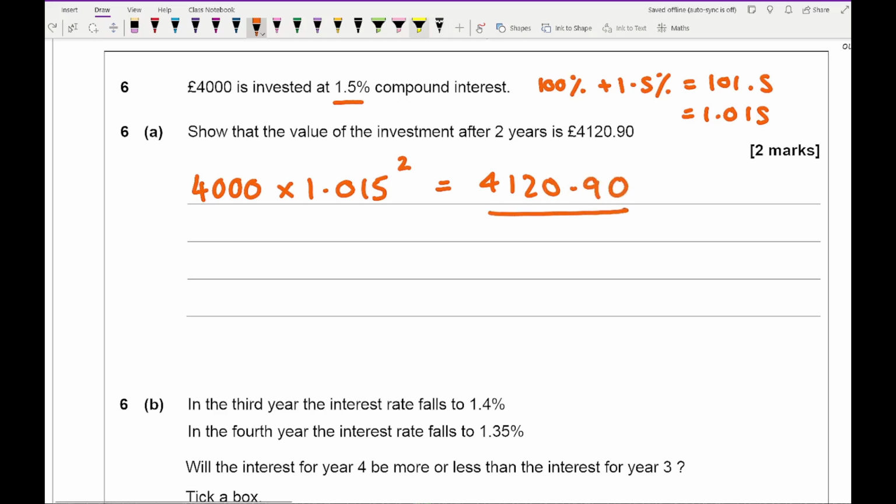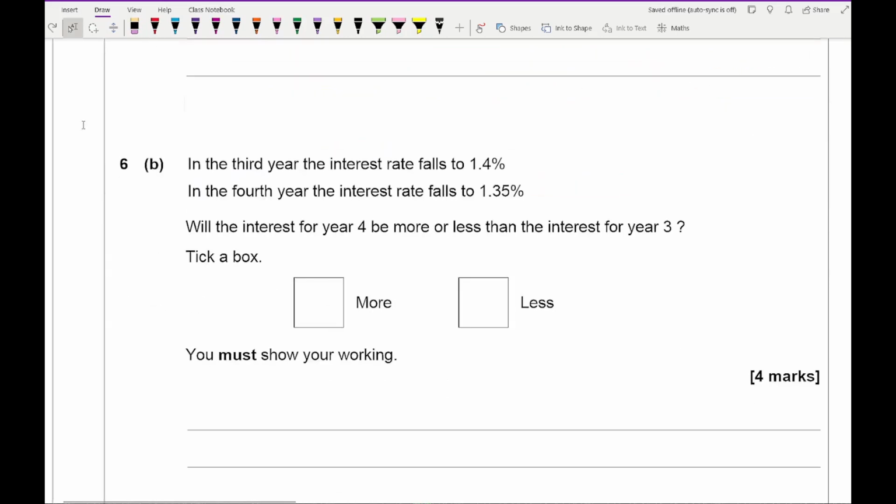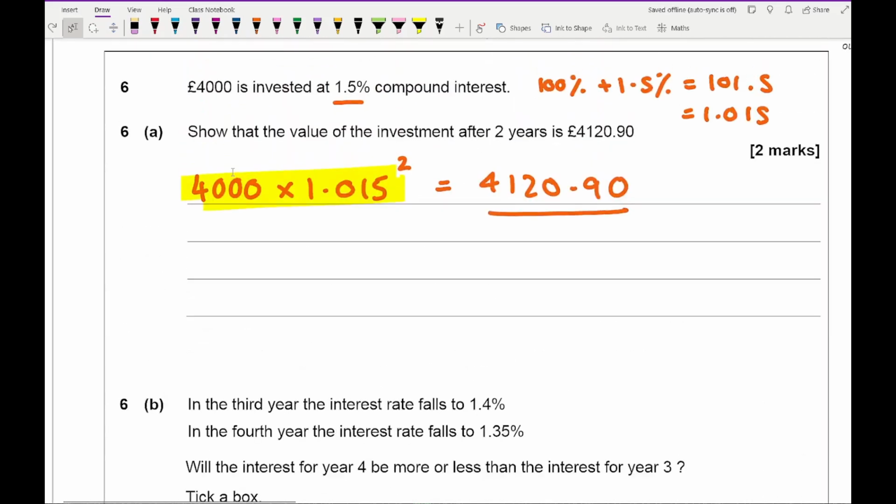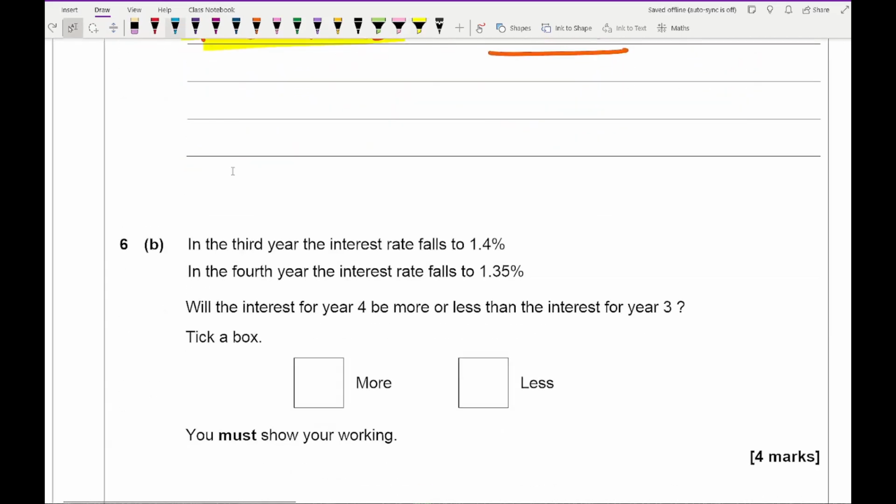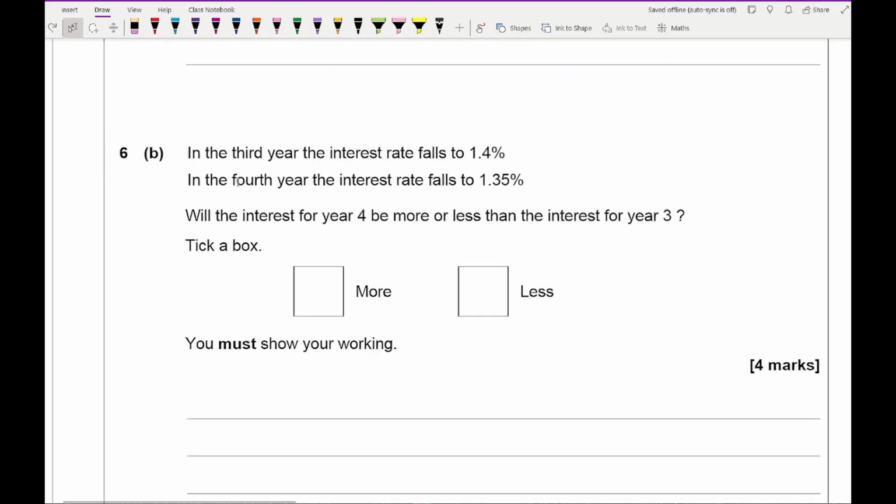But this is what we want to write. Then for question 6b, it says in the third year the interest rate falls to 1.4%. In the fourth year the interest rate falls to 1.35%. Will the interest for year 4 be more or less than the interest in year 3? Tick a box for your working. Well, for this, if we start with, so in the third year,